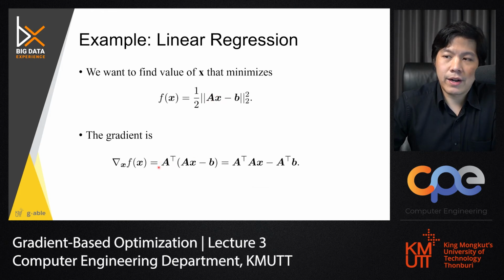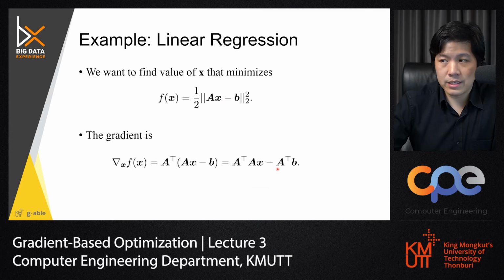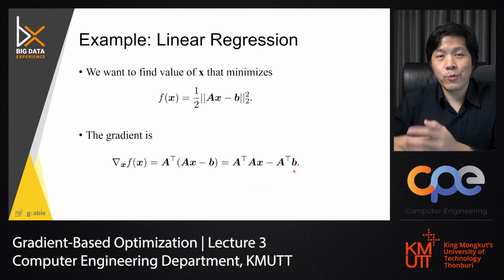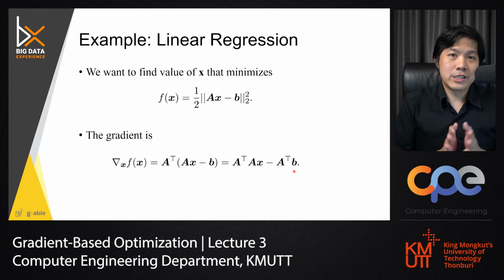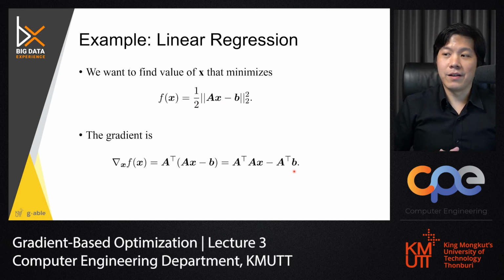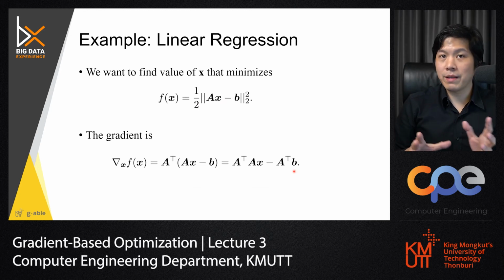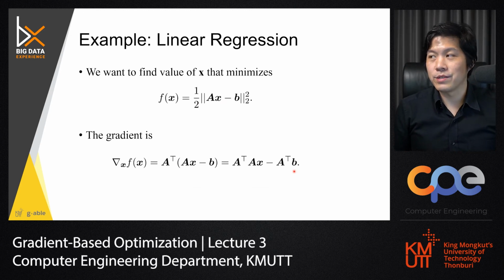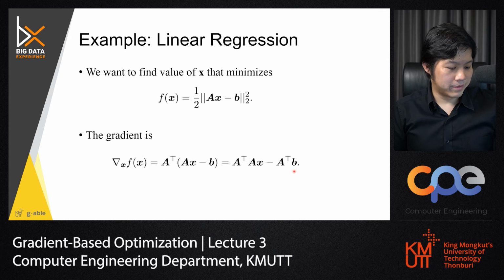So we have A transpose times Ax minus b. Multiply A transpose inside, we get A transpose times Ax minus A transpose times b, right? And then if you equate this to 0, we get the pseudo inverse equation, right? Like last time, we take the inverse of A transpose times A and multiply on the other side, and you get the solution. If you remember, we take the derivative of that and then equate it to 0,